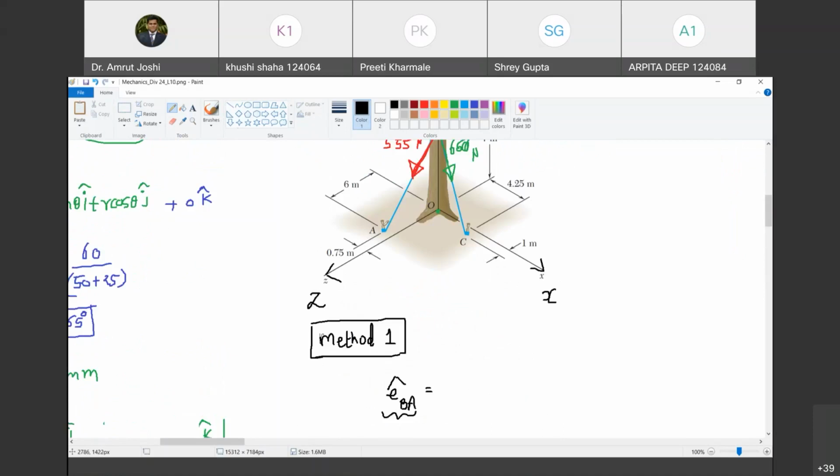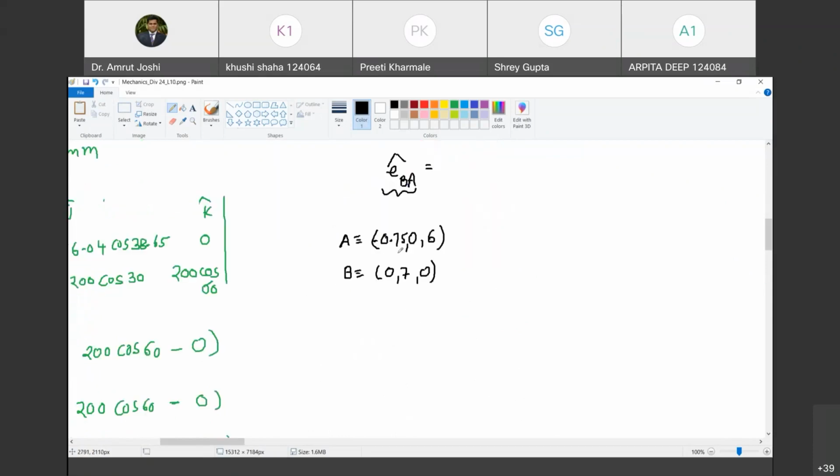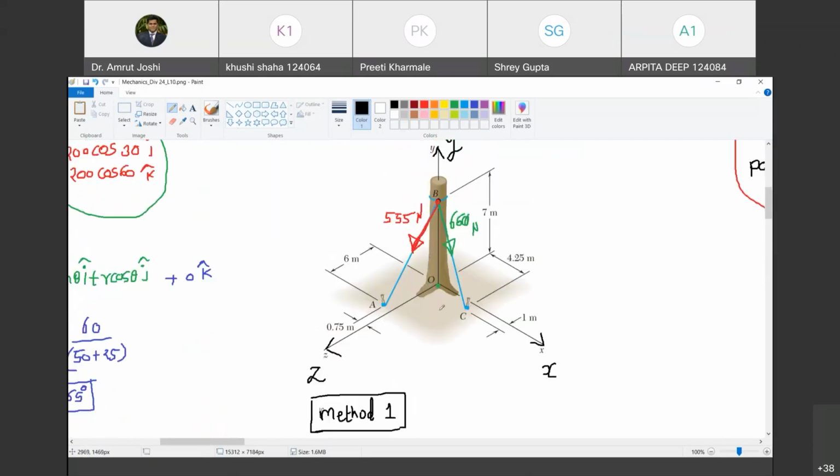So with reference to this, now can you tell me the coordinates of A easily? It is situated on the back side of O. That means it is situated on the negative x side of O. Do you agree with me? Yes, sir. So its x coordinate is going to be minus 0.75. Do you agree? Yes, sir. These coordinates are given in meters. What will be its y coordinate? This point A. Yeah, go ahead. What will be the y coordinate? 7 meters. Pardon?